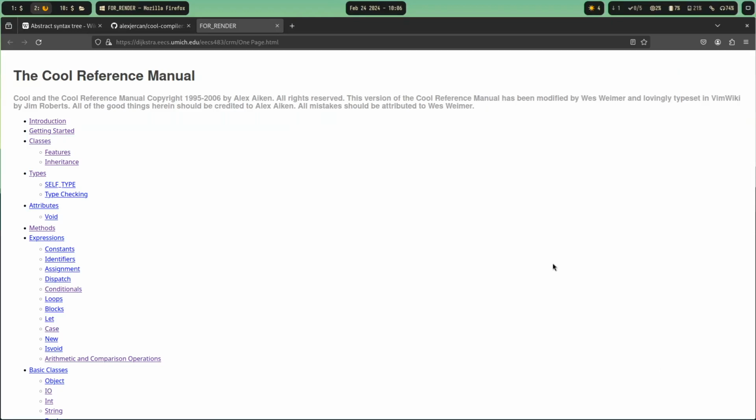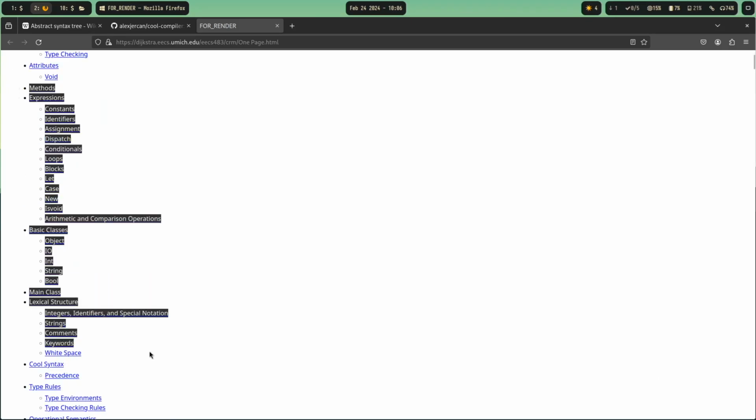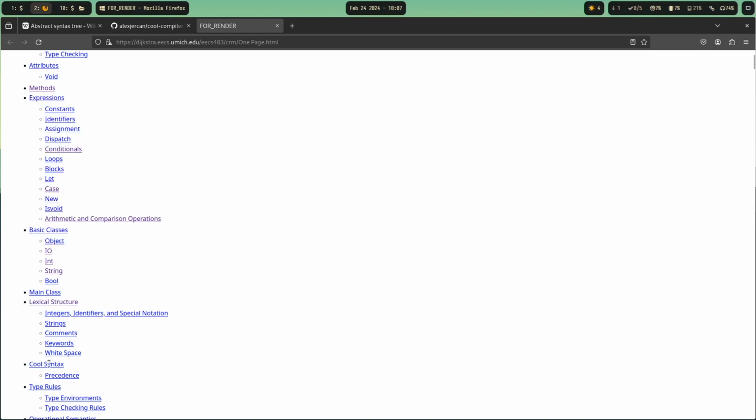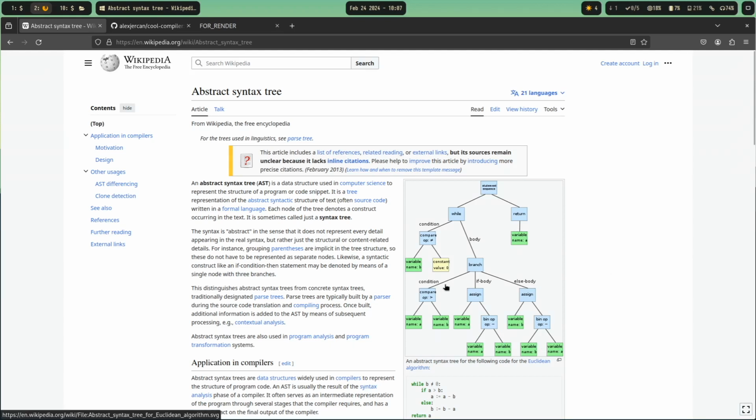Okay, so let's continue with the Cool compiler today. Basically, as you already know, we did all the tokens in the last few episodes. We got all the tokens that are available in the Cool language. And now we should go ahead and implement the AST, basically the parser. We take these tokens and we need to convert them into a tree structure, and this tree structure is better to find the errors in our code, and then